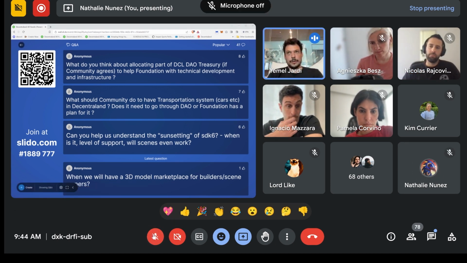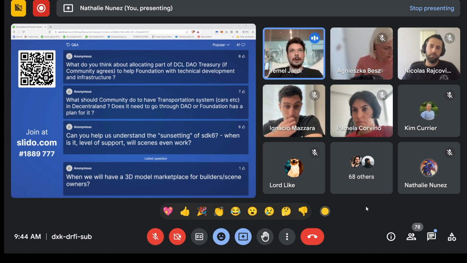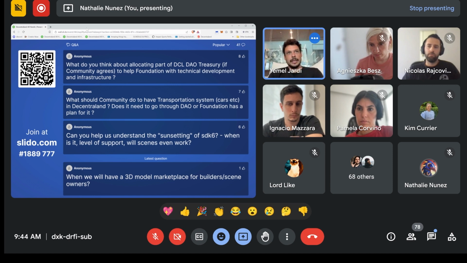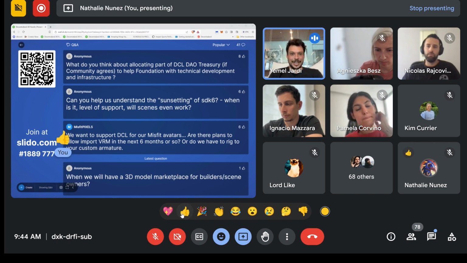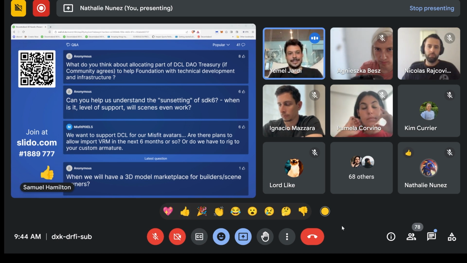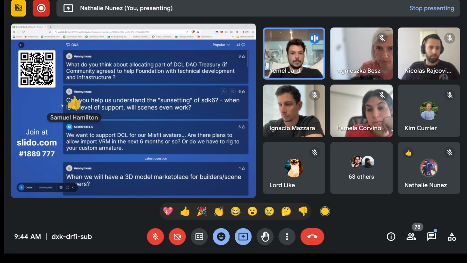We have a few examples of how the Foundation and the DAO can collaborate. The Ambassador program is a joint venture between the Foundation and the DAO, and I think it's a small experiment on how we can both allocate capital to important projects.